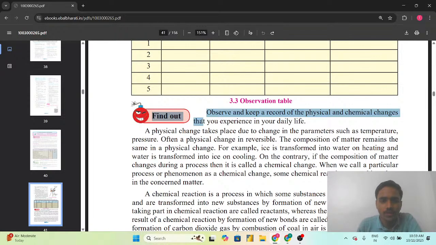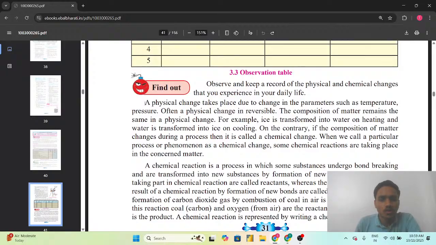Next, we are having the activity Find Out. Observe the table and keep the record of the physical and chemical changes that you experience in your daily life. A physical change takes place due to the change in parameters such as temperature and pressure. So physical changes are the changes which occur due to changes in parameters such as the temperature and the pressure. Here I want to give one example, that hydrogen peroxide H2O2